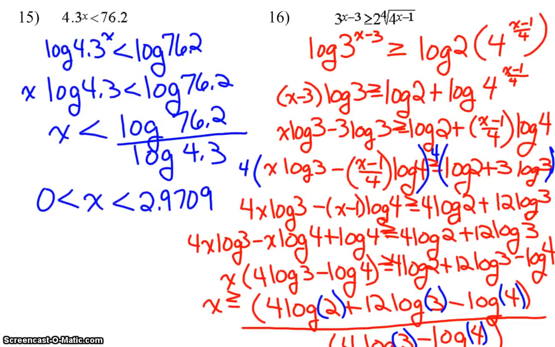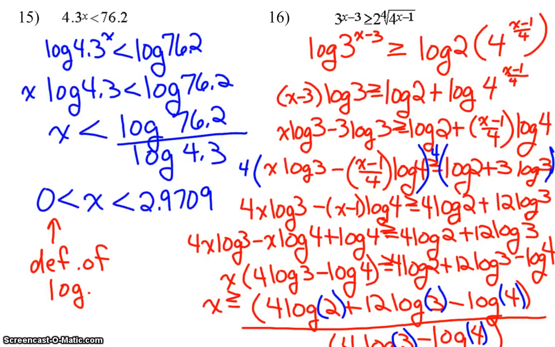Looking at these two problems, the one on the left is fairly simple. We simply take the log of both sides, use the power rule, and we end up with x is less than 2.9709. However, this part comes from the definition of a logarithm. It only exists if x is greater than 0. So I had to make it 0 is less than x is less than 2.907. I had to give it that left side limit. The other problem is